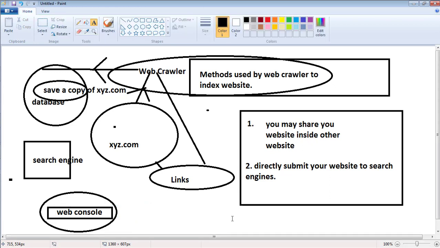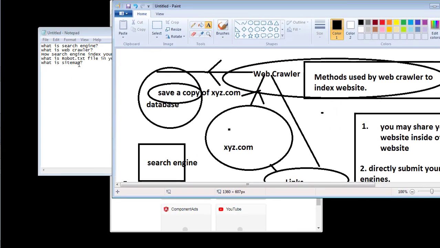So this is the main mechanism behind how a website gets indexed into the database of a search engine. So the next question is that we have to see what is